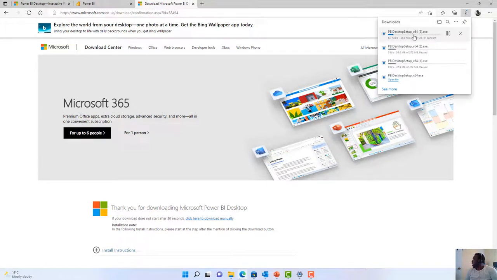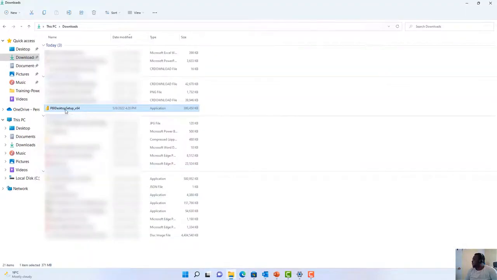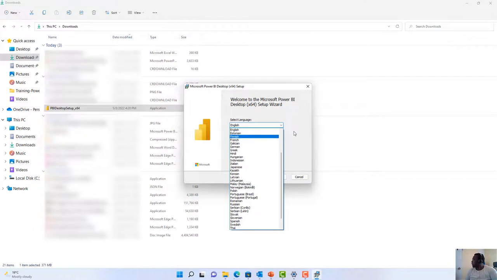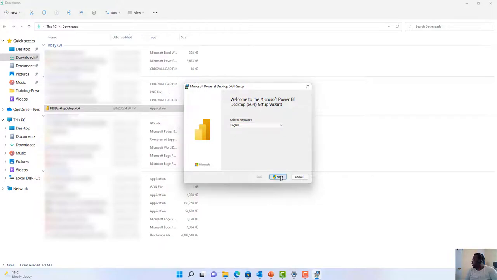and it will start downloading your setup here. I will not download it because I already have it on my PC. This is my setup already downloaded. I will double click on it. Once I double click on it, it will launch the setup, and you have the possibility to choose the language version you want to install on your PC. You can click next,